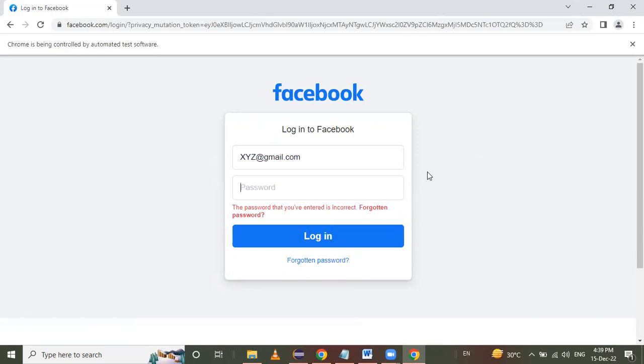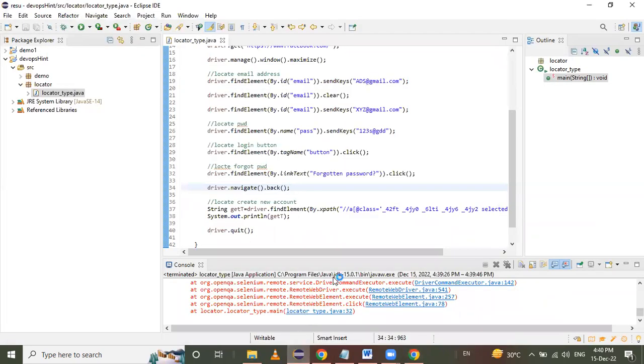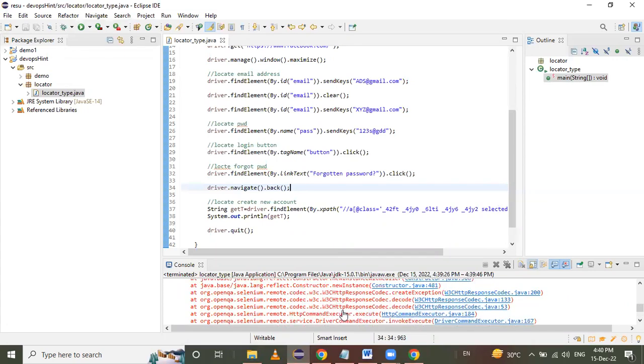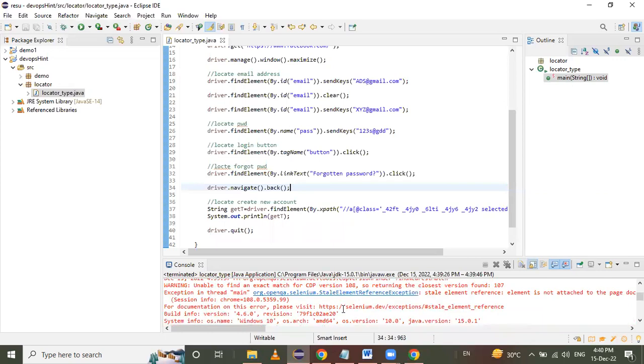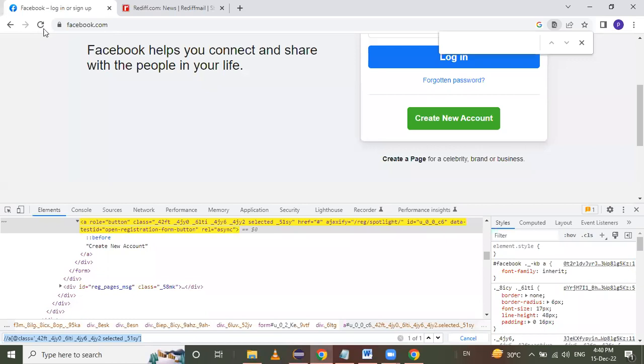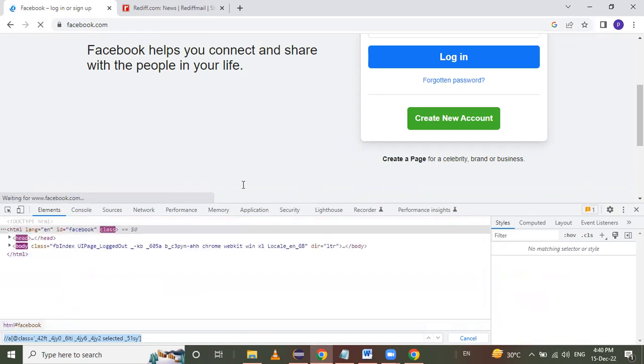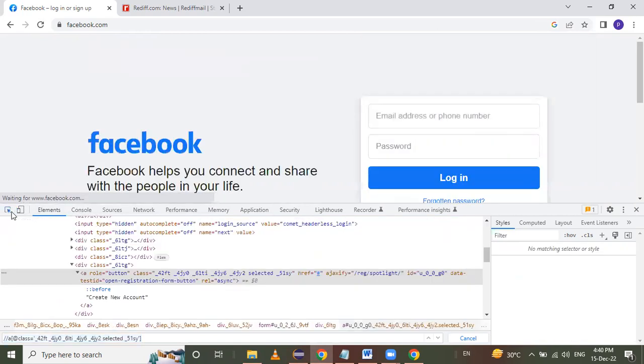My internet connection is very slow. That's why there is a problem. What happened? Okay, we have to refresh this page first, because a notification is created. That's why. Okay, now I